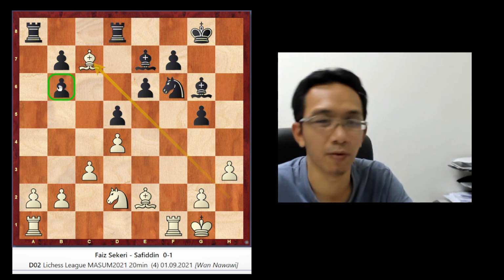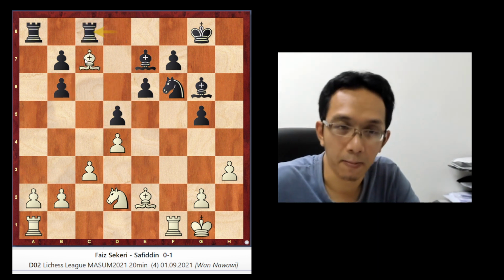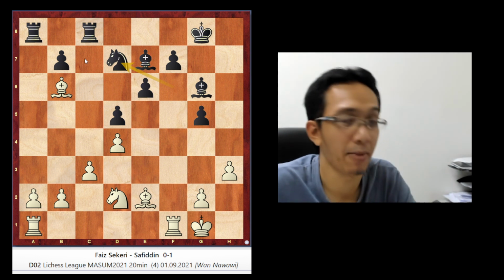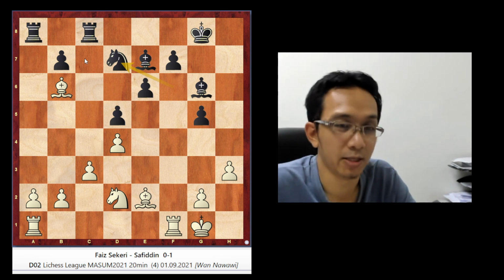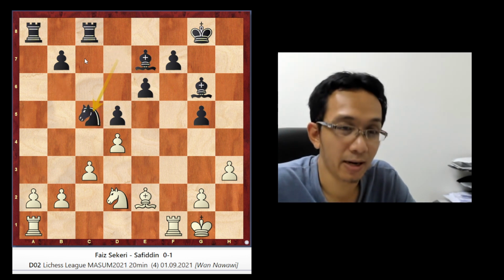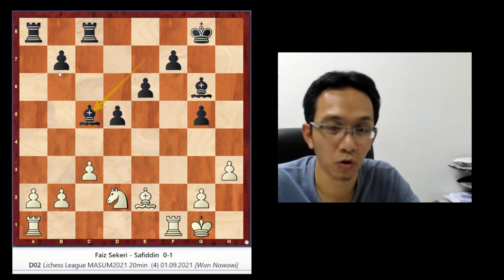So if white takes it, it's still okay. But why is that trapped? Because you have the knight coming back, and then this bishop is more or less trapped, so it needs to go here, and then you get this, and now the advantage goes to black.